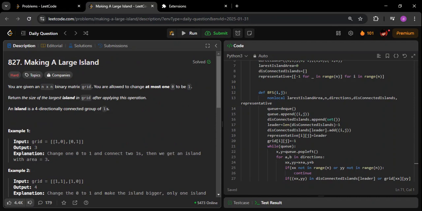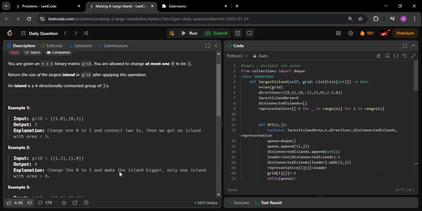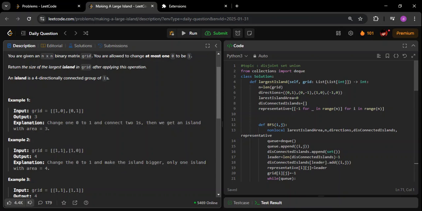Okay, so how to solve this? So we will use the union find approach. So what will we see? First of all, we will try to group all the ones which are connected. Okay, let us say there could be multiple ones, right, which are not connected. They are like separate. So what we'll do is, for each group of ones,